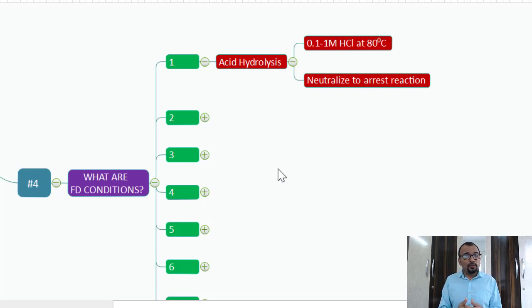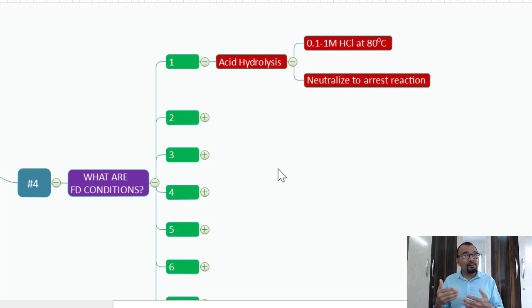And then you must understand what is the preferable degradation which needs to be achieved. The degradation must be in the range of 5 to 20%. So for example, 0.1 molar hydrochloric acid doesn't give you more than 5% degradation. So you can increase the strength of the acid and make sure that you are getting a degradation in the window of 5% to 20%.